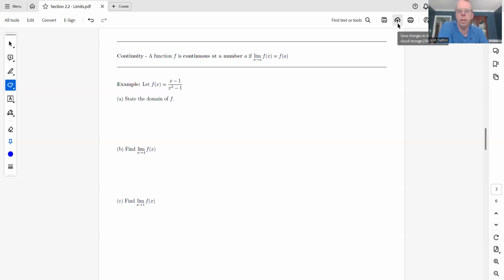Right. So the next topic we need to discuss is this idea of continuity. And you probably have a very, I guess, intuitive idea of what continuity is. A function is continuous if you can draw it without lifting up your pencil. That's kind of an intuitive idea about continuity, but it doesn't make a very mathematical definition. So a function is continuous at a point, at a number a, if the limit of the function equals the